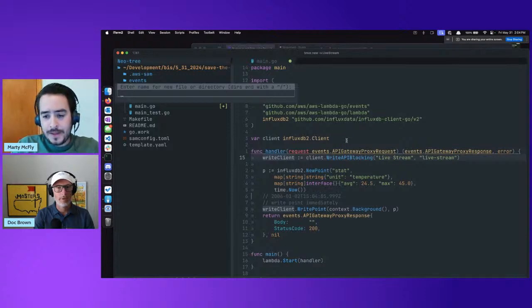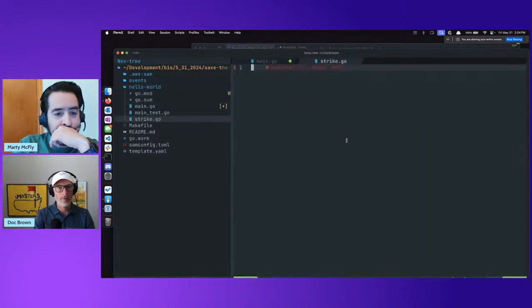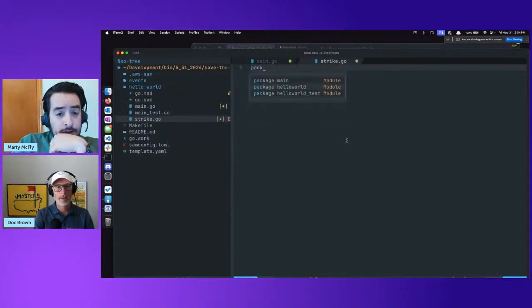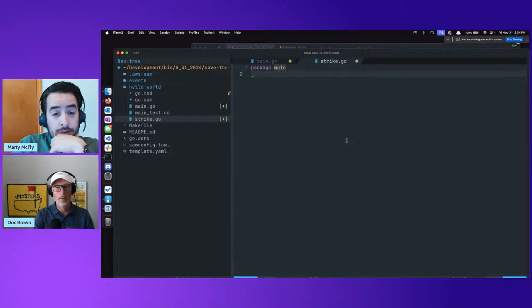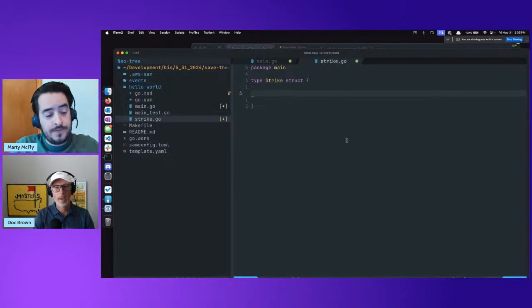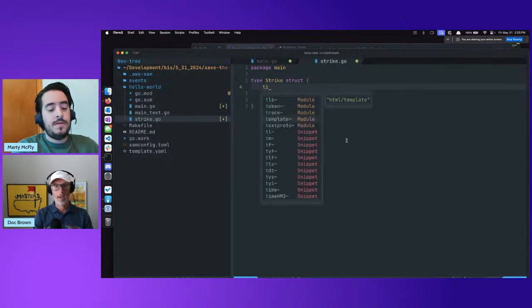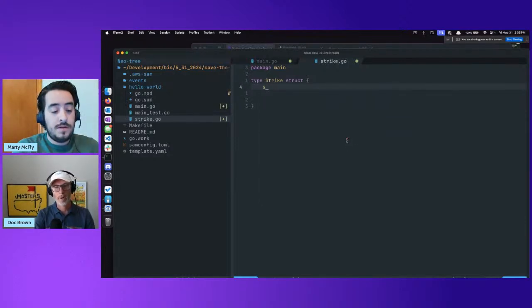So let's do this. We'll call this strike. This will be our strike data, and we'll have a package main, type strike struct. We're going to have a time, strike time.